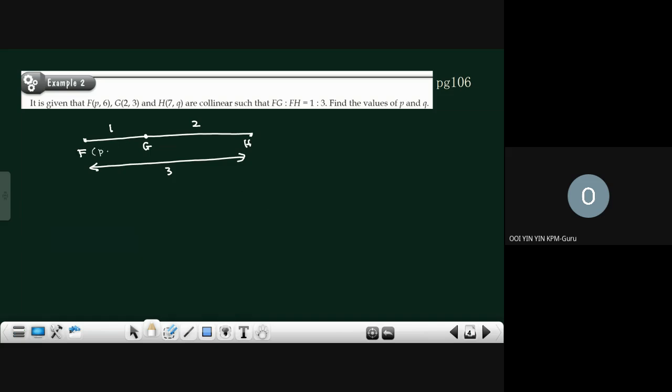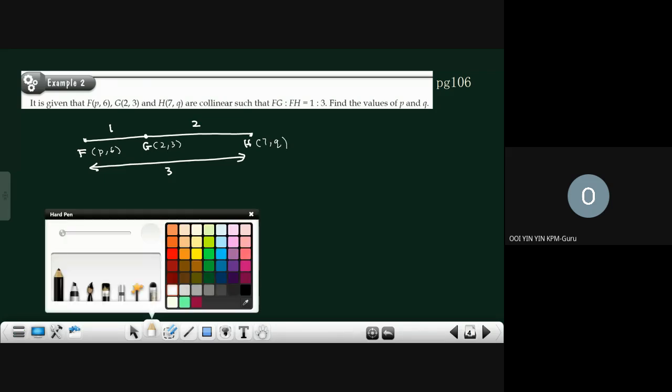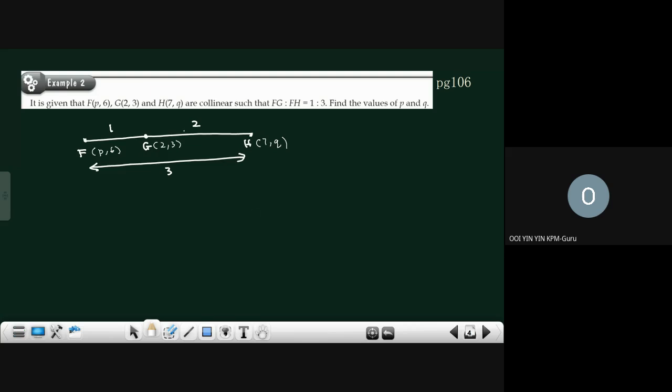Okay, here is P6. Your G is 2, 3. And then your H is 7, Q. Okay, we can use the same formula as just now. Just form the formula first. That means your coordinates of G is equals to